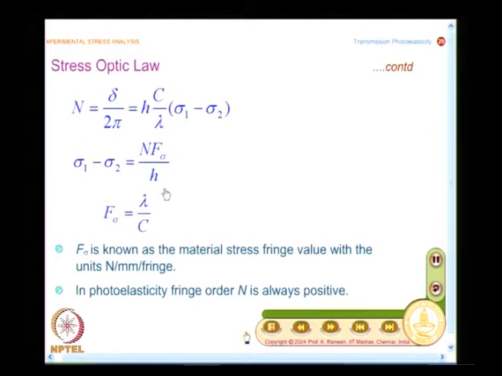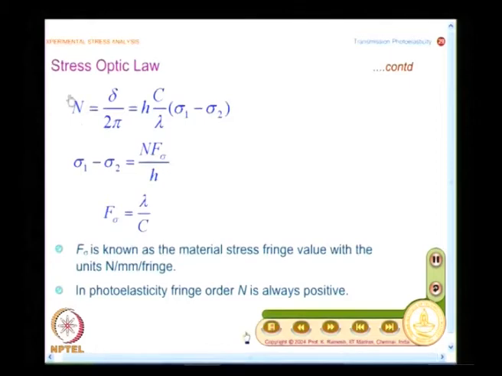See, when I introduced fringes from photoelasticity, even when you looked at the famous problem of 4-point bending, where you had tension and compression side, the fringes were always labeled positive integers. On the other hand, when we went to Moire, you found that fringes are numbered both positive and negative, whereas in photoelasticity you always number it as positive integers.